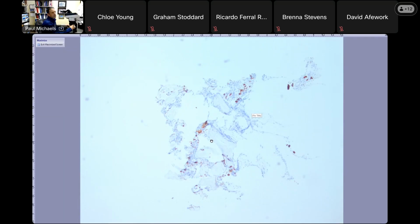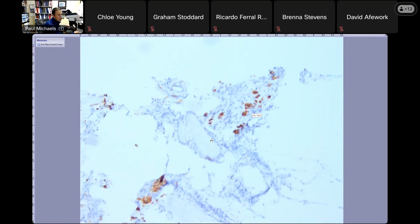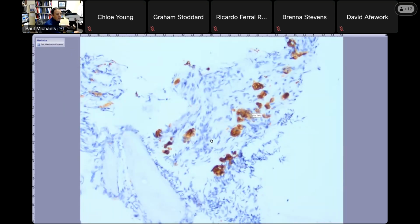here's the keratin. Now, the reason I don't like to screen with keratins: I knew a lot of pathologists who, if they have a bone biopsy like this, automatically get keratins. I don't do that. I'll get levels if I don't see anything, but I don't just do a keratin if there's nothing where it looks like there could even possibly be tumor. If it was just all bone with no reactive fibrous stroma, I would not just get a screening keratin. Other people would disagree with me, but I'm not a fan of automatically doing things without